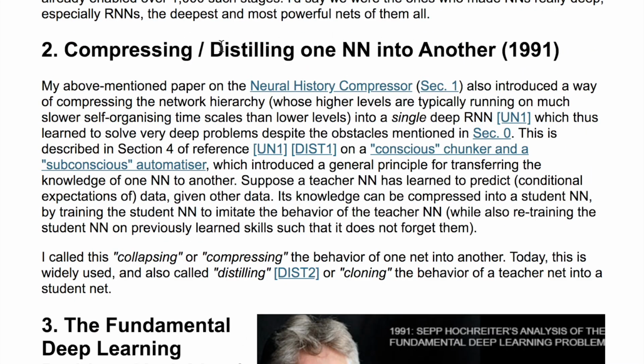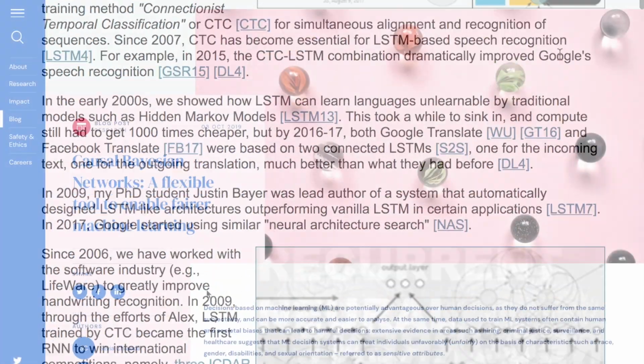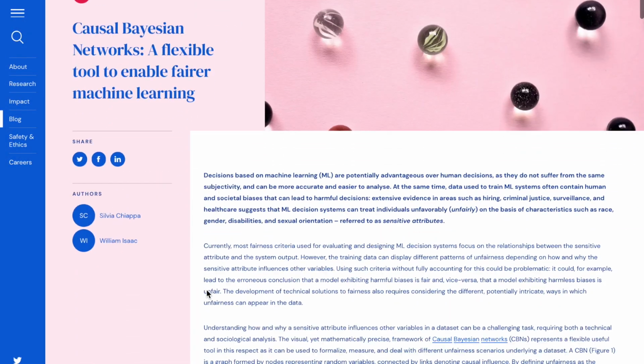Definitely interesting, the idea of model distillation as early as 1991. Wasn't something that I personally knew before reading this article, and a lot of many other interesting things are described in this article. DeepMind posted an article about causal Bayesian networks, a technique to enable more fairness in machine learning